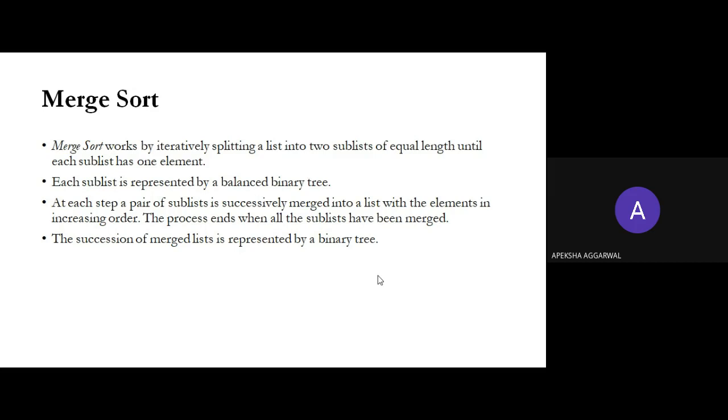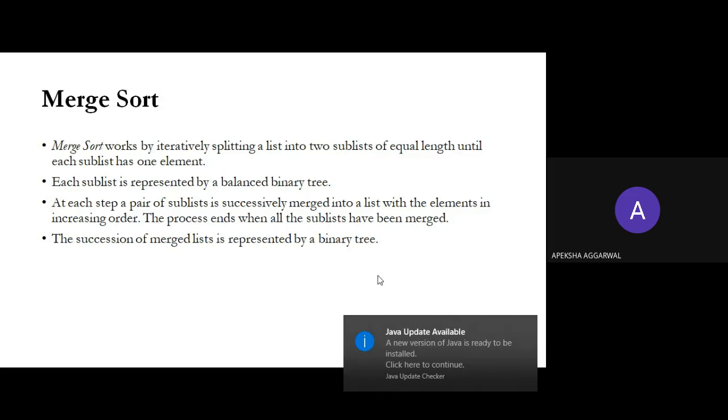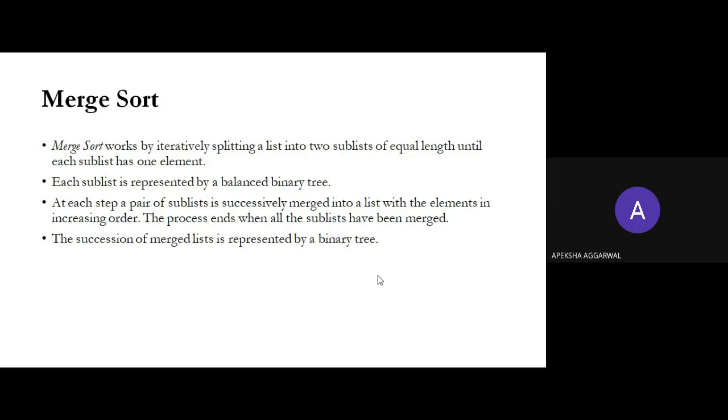Now merge sort is a sorting algorithm, and what sorting does is you have a list of elements, maybe a list of integers, and you just want to sort them in increasing or decreasing order. Merge sort is based on recursion. We'll see how this merge sort works. It's one of the best sorting algorithms, and its time complexity is very less. There are multiple sorting algorithms, and merge sort is among the most important sorting algorithms.